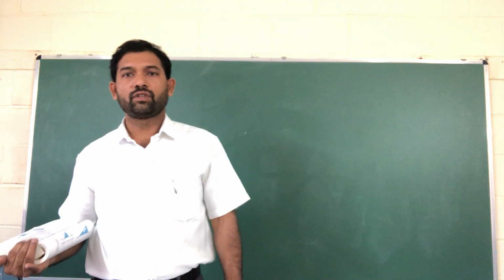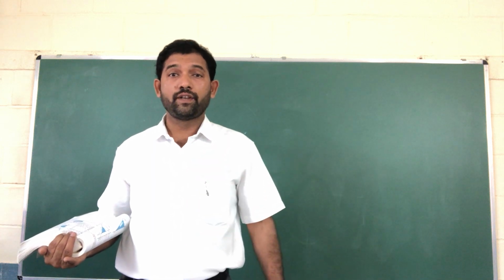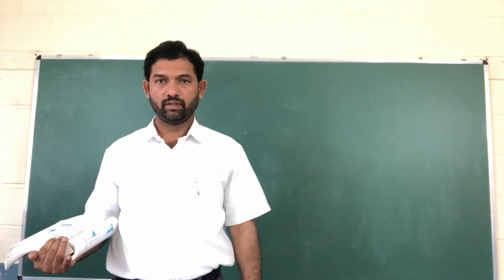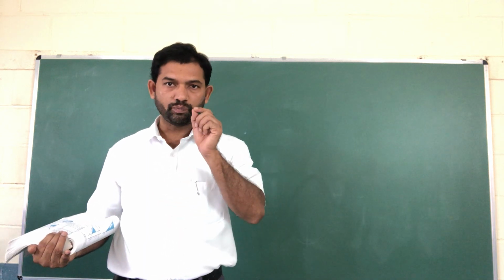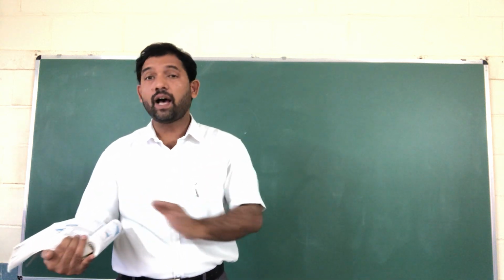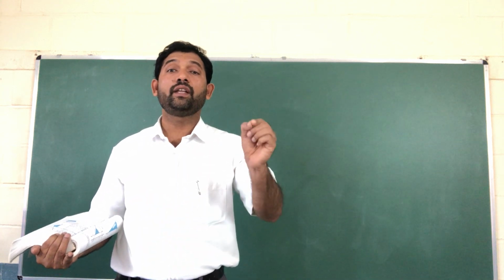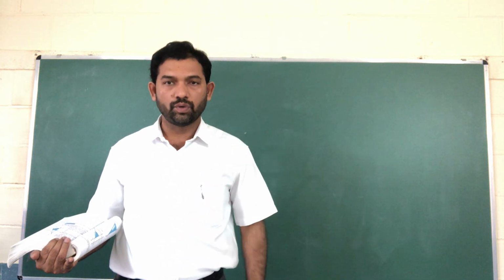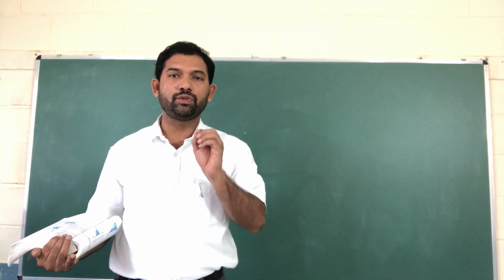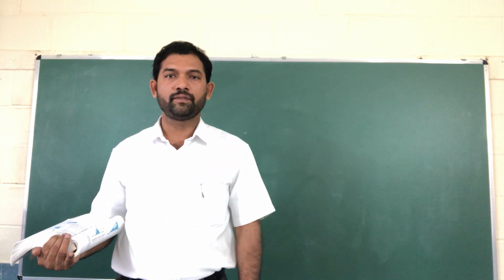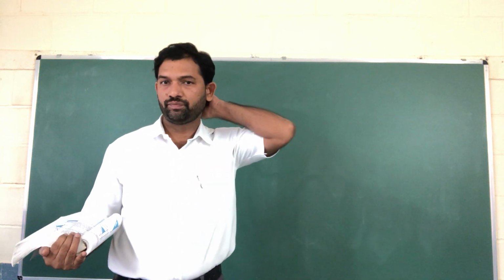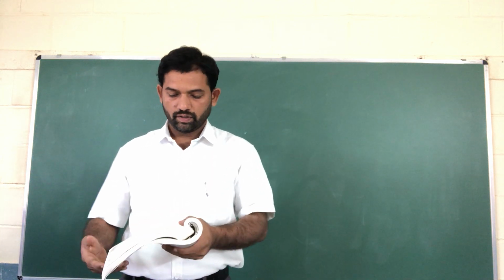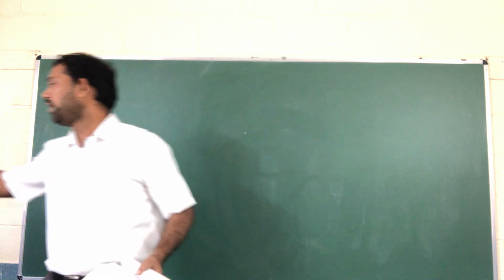Students understand? Also remember one more point. From this 6.3, a compulsory 5 marks question is there in the examination. These solutions you should do in the graph, and all these graphs you should do in the graph book only. Understand, students? Okay, now see the first question in 6.3.